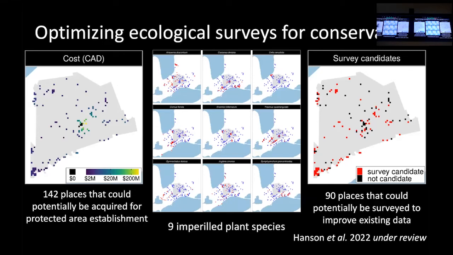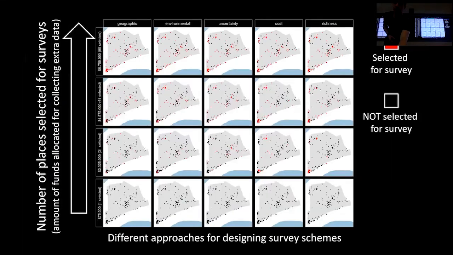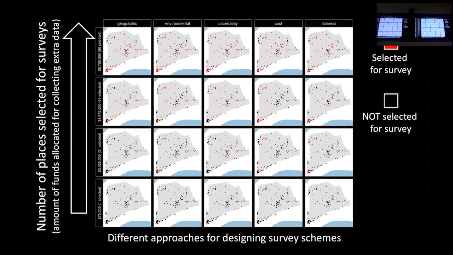What's really cool is we've got land acquisition costs, but we also have costs of surveys as well. So we've actually got estimates of all the different costs that we're considering here when we're thinking about value of information. The idea of going out and collecting data has been around for a long time, and lots of different people have come up with different strategies for actually doing this. So I'm going to talk about 5 different methods.